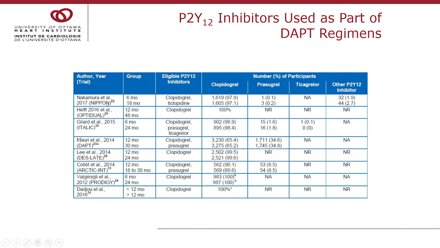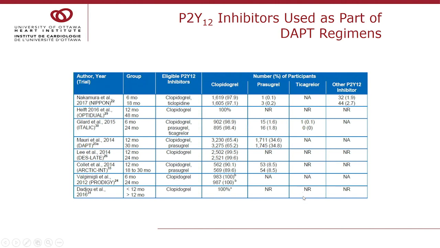These are the 8 studies. Nippon, I'm sure some of you have known these, OptiDual, Italic, DAPT, DES Late, Arctic Int, Prodigy, and an unnamed one. I guess he must be a cardiologist. He could have come up with that name. Anyway, the groups, you can see the differences of the short term and the long term as you go along, 6 months, 24 months, and so forth. And if you take a look at these columns, you can see that by far the vast majority included clopidogrel. Some included prasugrel, in particular the largest one, which was the DAPT trial, appropriately named,